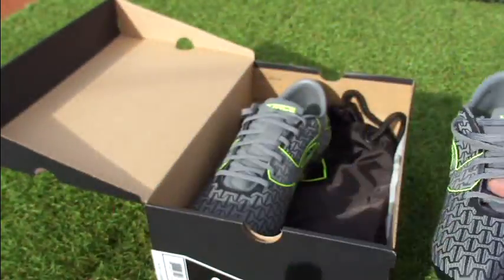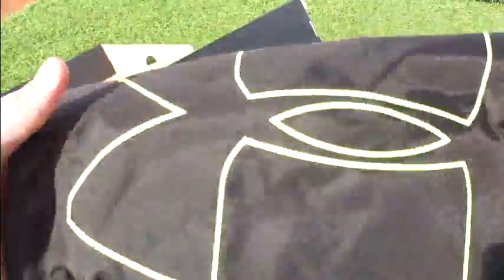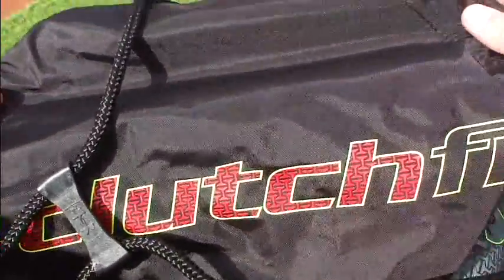Inside the box you also get a boot bag from Under Armour, and they've updated their boot bags, which is nice. So it's a textile material, and it's got Clutchfit roll on one side,